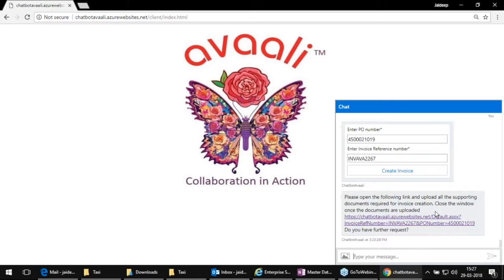There is a question about how much it costs and how much time it takes to implement. The cost can be arrived at after discussing the requirements with you, so we can take this offline. And how much time? It's pretty fast to implement, around 2 to 3 weeks. We can deploy it completely and have it up and running.